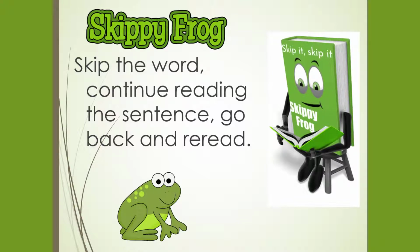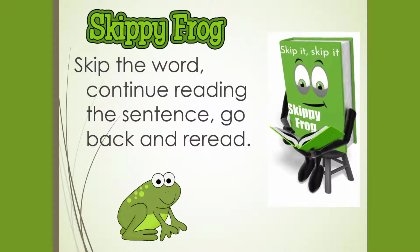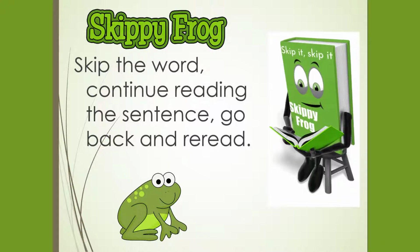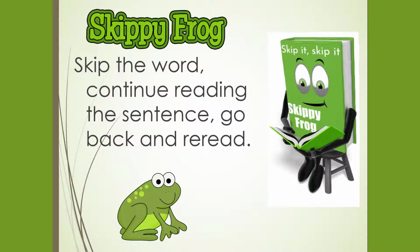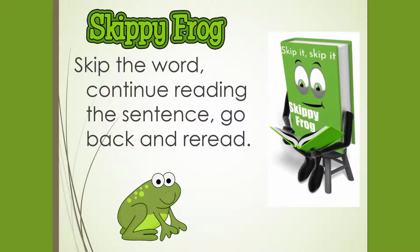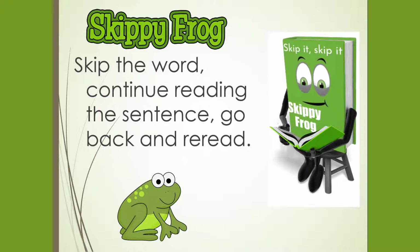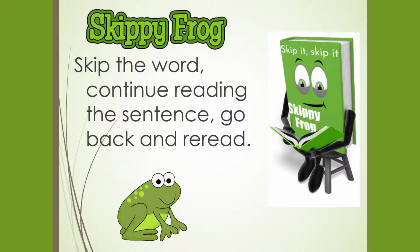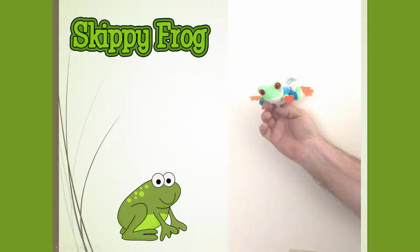One we call Skippy Frog with beginning readers. They skip the word, continue reading the sentence, and go back and reread. Now there's kids who will say, oh, I want to read fast. Good readers read fast. But we have to tell them good readers make sure of what they're reading and they go back and check. Often the context of the sentence will help a child learn how to teach themselves a